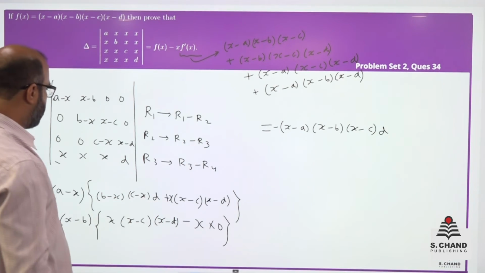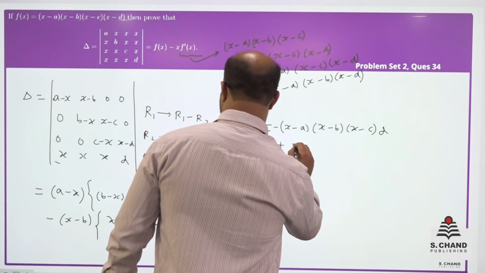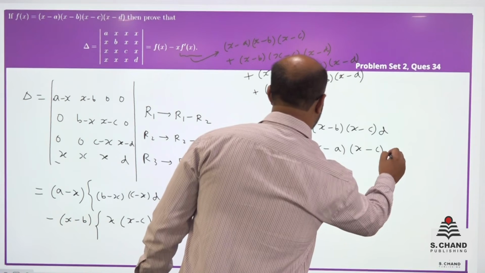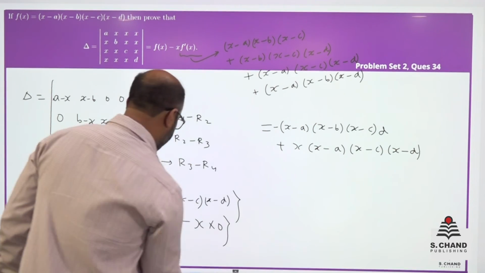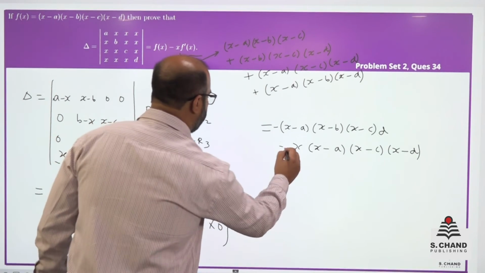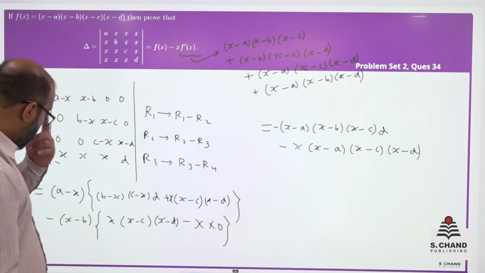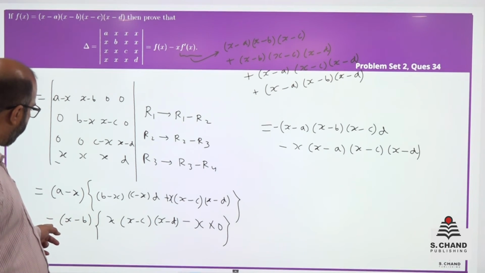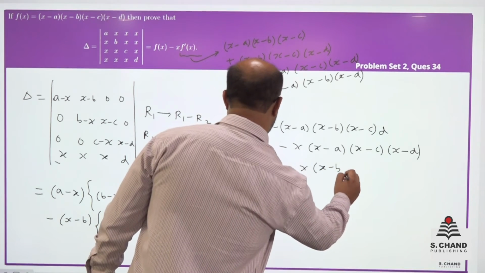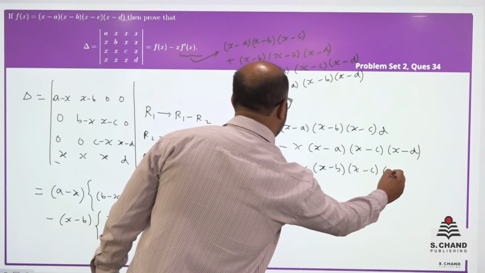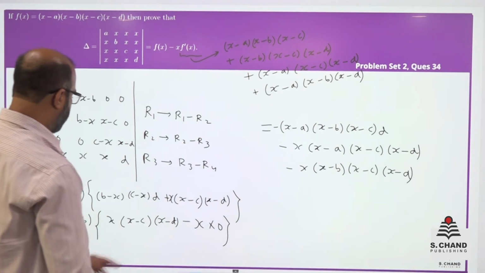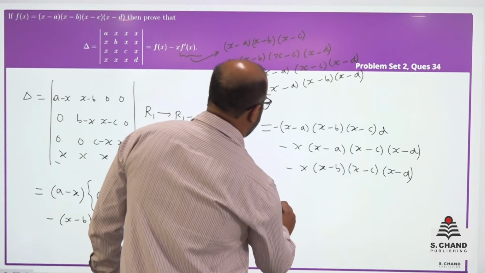Another one is x into x minus a, x minus c, x minus d with a minus sign. So there is a minus here. Then we have minus of x, x minus b, x minus c, x minus d. Then we have, that is it. This is 0. So this is,